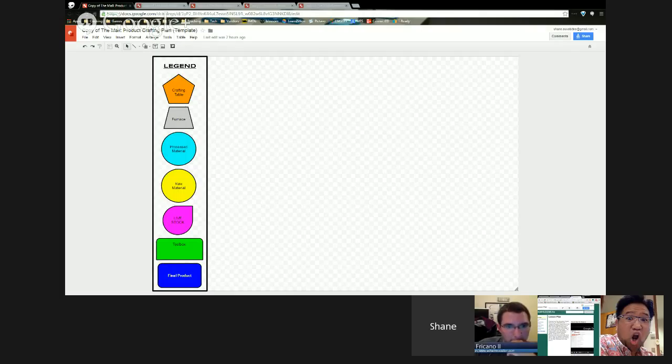So we used Google Draw and this template here as a product crafting plan. Each of them did an individual crafting plan, and then they met as a team to decide which crafting plan they wanted to use as their final product they were going to sell. Once they get that in place, they're going to go into Minecraft and actually create this entire industry. They're going to create the supply, meaning a farm, it could be a mine, it could be some kind of way to get the raw materials, create a factory that's going to process those materials and manufacture a final product, then create an actual store and sell the product. So creating all of that within the